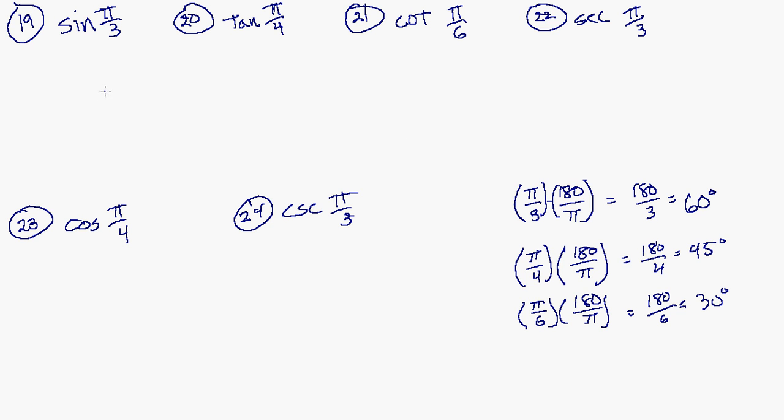Okay, looking now at 19 through 24, we need to identify the sine, tangent, cotangent, secant, cosine, and cosecant of these different radian values. To my right, I have done the conversion from radian measure to degree measure, so we can see that pi over 3 is 60 degrees, pi over 4 is 45 degrees, and pi over 6 is 30 degrees. So looking at our 30, 60, 90 degree triangle, real quick, if we build that,